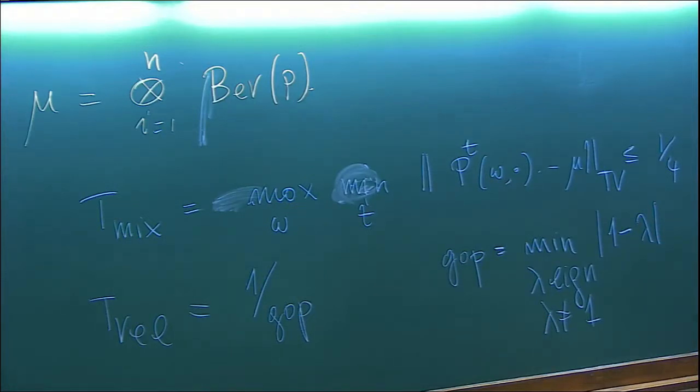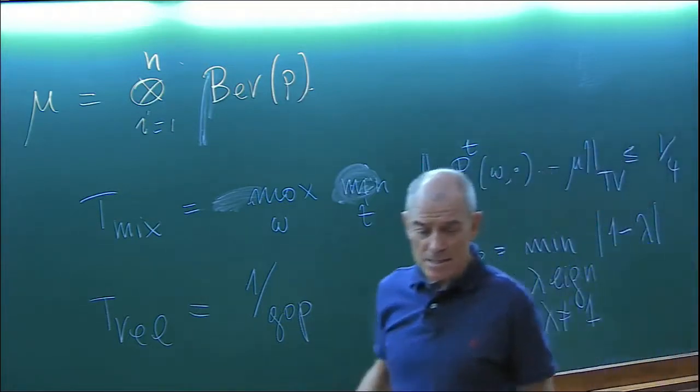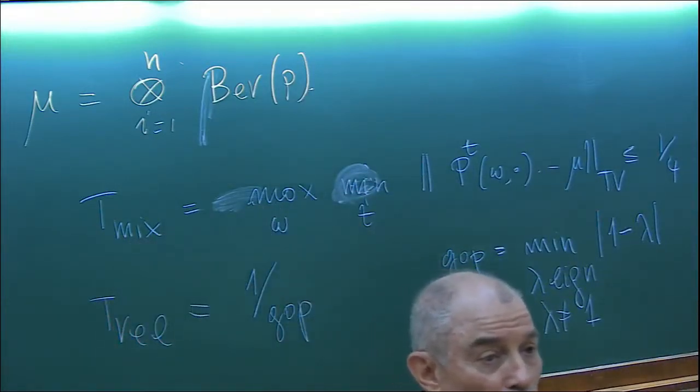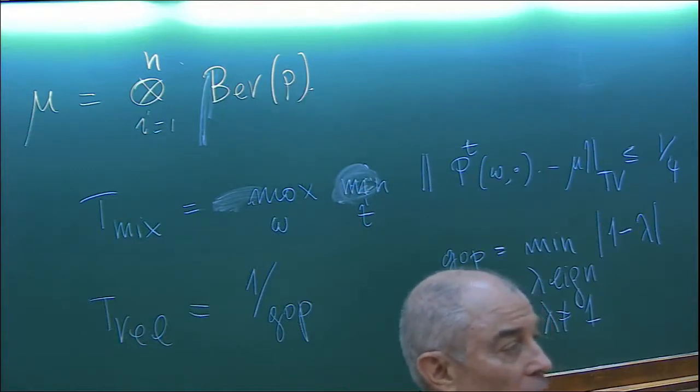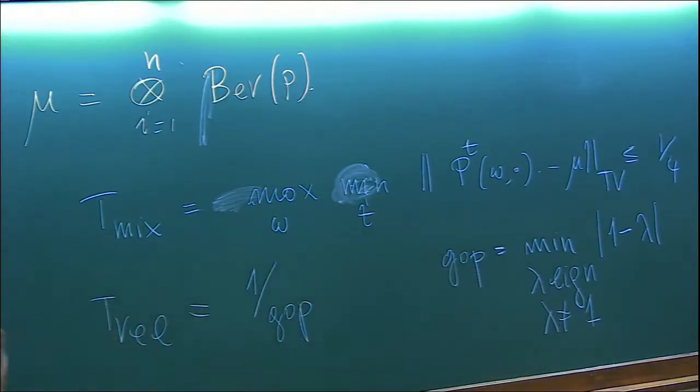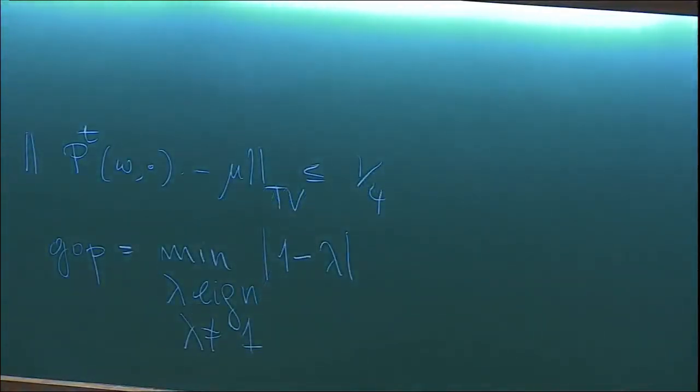Okay, and so actually the relaxation time, okay, so this is in the discrete case. So actually we would like really to work in many situations on an infinite graph. Okay, so here there is no geometry, of course. So one could take just the vertices of any graph with n vertices. But if we want to take a graph that is infinite, we need to move to continuous time, and then the continuous time version.